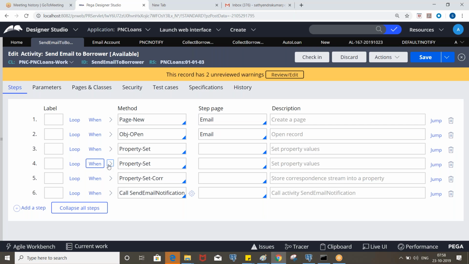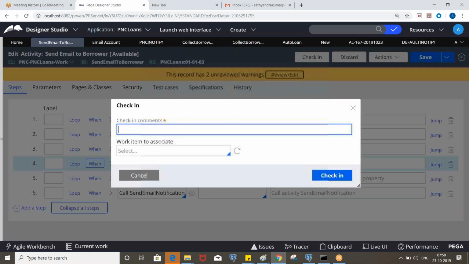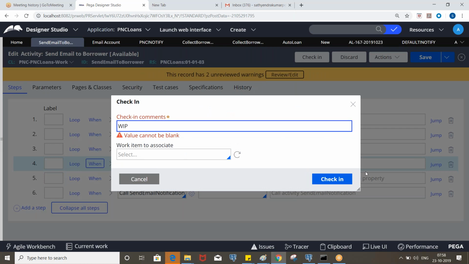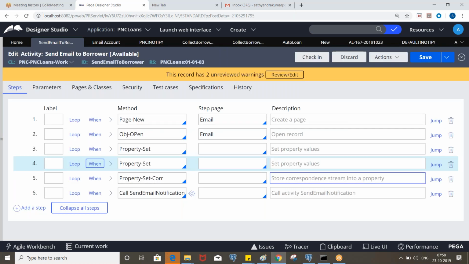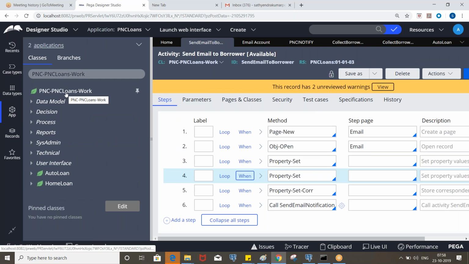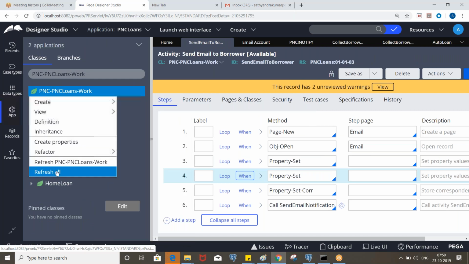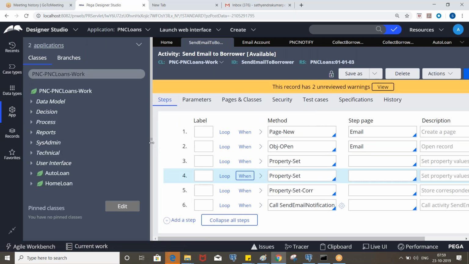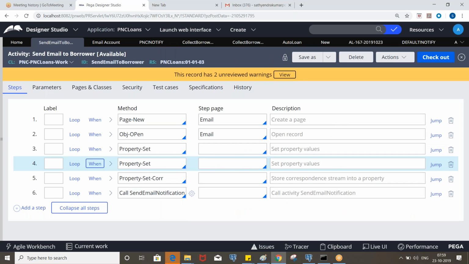So you can try that. Clear, right? So that is how we send an email.